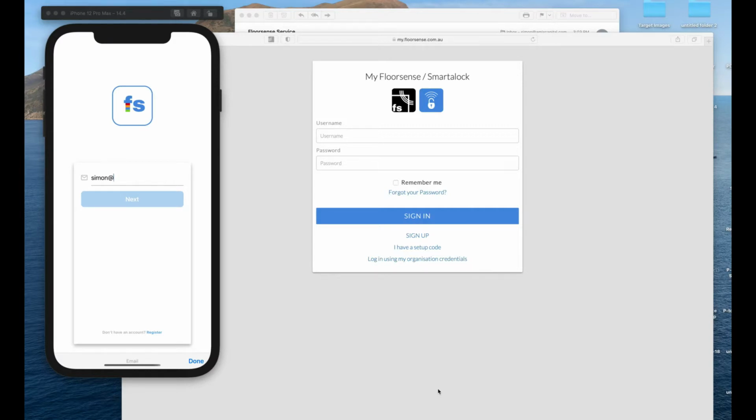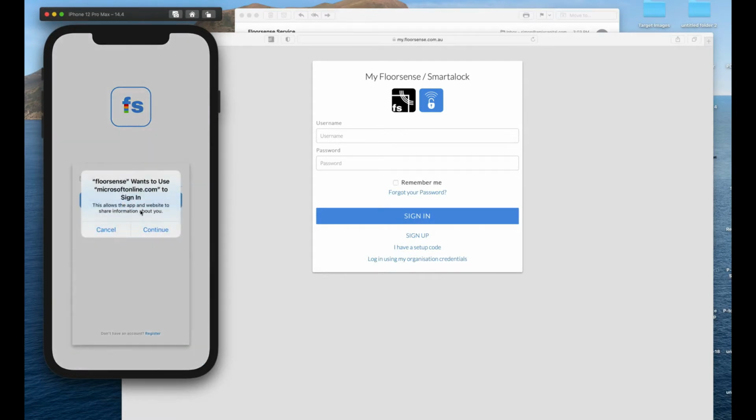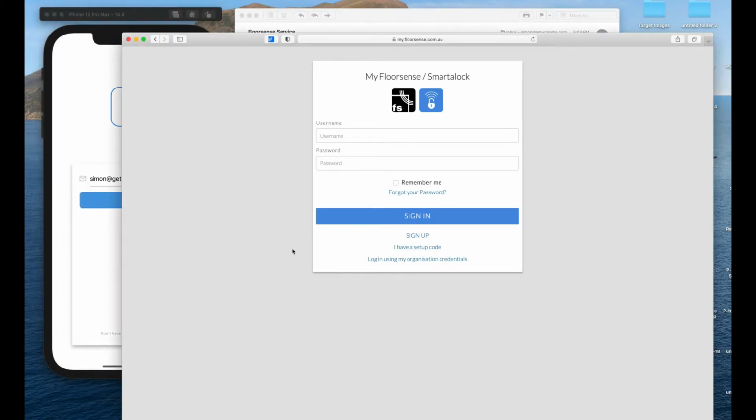Now, there's two different ways that we set up end user accounts on the Floorsight system. The first, most common method is via single sign-on. In the app that we've got running here, if I type in an email account that's associated with my company's domain, then I will get pushed to Microsoft in order to authenticate with my company password. And I can do that on the web portal, which is at my.floorsense.com.au, by clicking this login button,